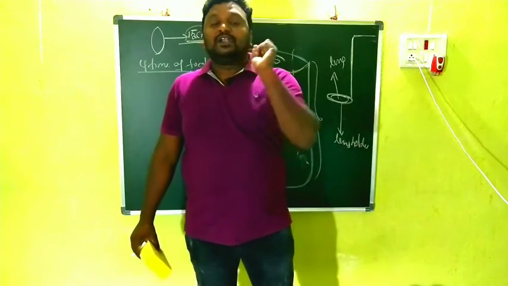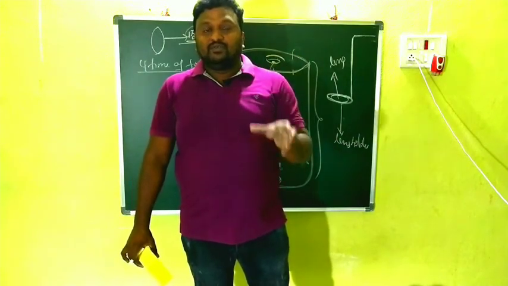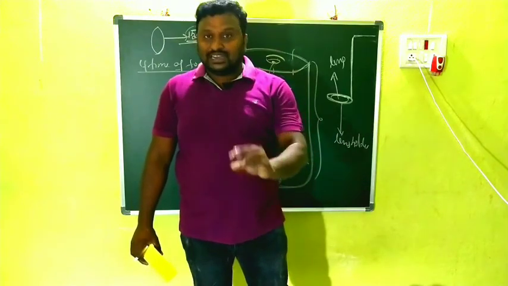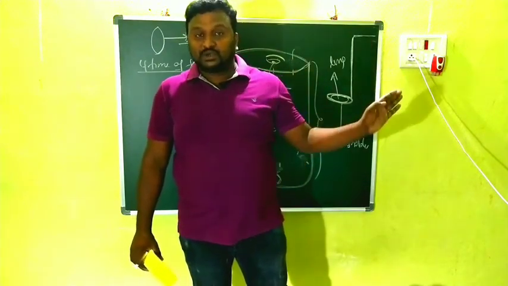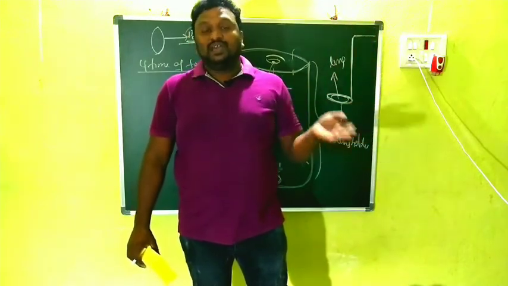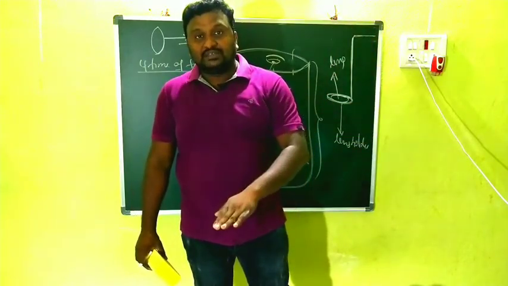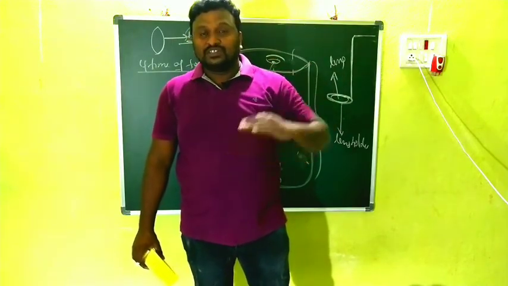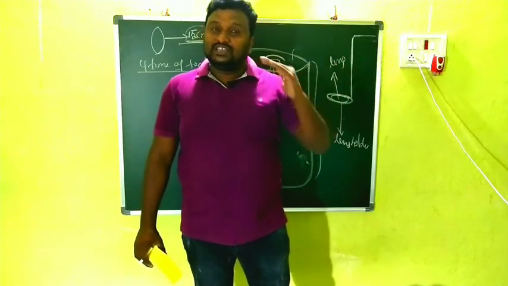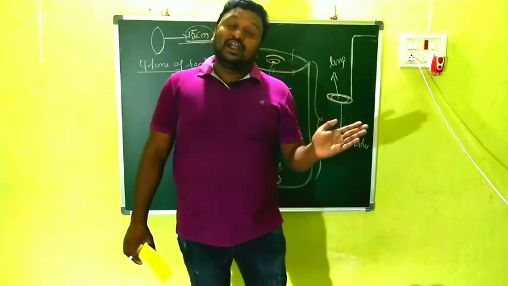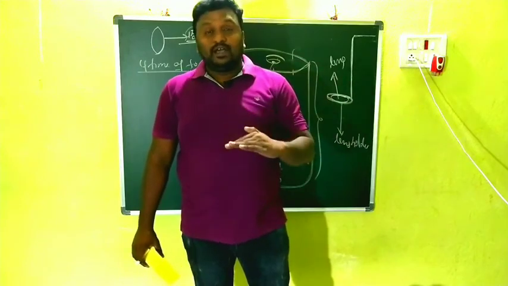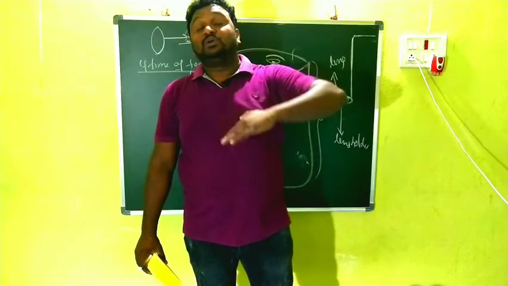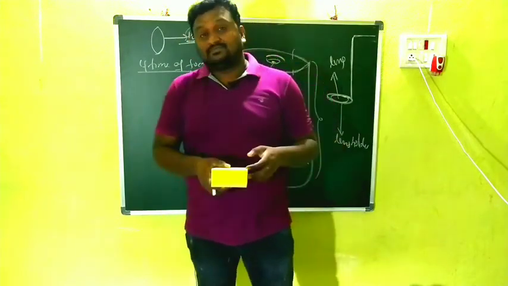This is the first part of the activity. Got it, children? We are taking a glass vessel. At the bottom of it we keep a stone, and after that we take a lens holder. In that lens holder we keep a lens, and initially the lens is placed just above the stone, and we observe from the top of the vessel whether we are finding the stone or not. After raising the lens holder a little bit, at every position we have to check whether we are able to see the stone through the lens or not.